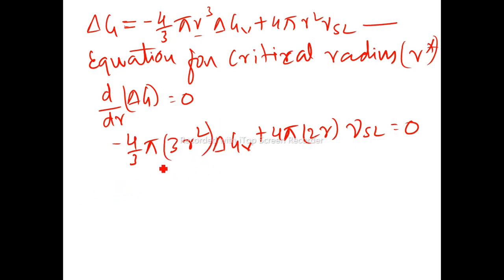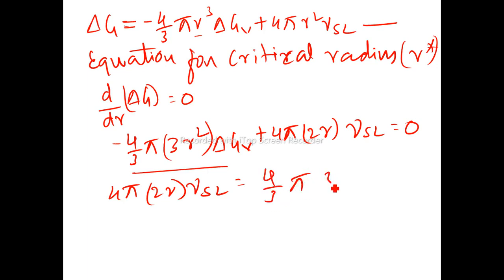Then we shift this term to this side. We will get 4 pi 2r into gamma SL equal to 4 by 3 pi 3r square into